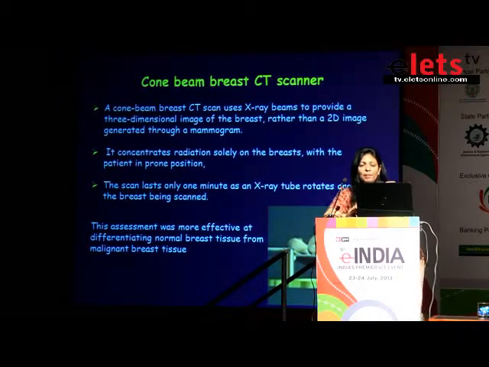Finally, we have this cone beam breast CT scanner. Till now, we really didn't use CT for the breast because of so much radiation dose, and it's a sensitive organ. But now you have this dedicated cone beam breast CT scanner just for the breast, and that's how the patient would lie down. Once the breast is scanned, no other part of the body gets irradiated. The chest wall doesn't get it, the lungs don't get it, the heart doesn't get it. Only the area that you want to image gets the radiation, and then you can really pick up lesions very well.